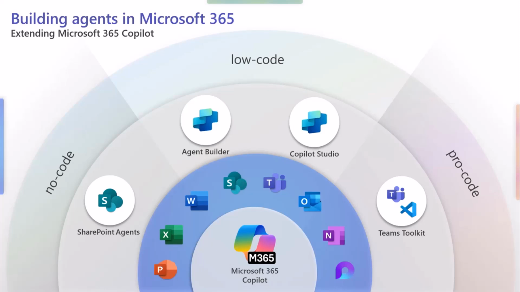SharePoint agents we have been covering in community calls. We'll talk about Copilot Studio and Agent Builder in community calls definitely more in the future. Today, we're going to use the pro-code option, and I'm going to explain why that matters and why you would do that as part of the demos, because again, the spectrum is broad. You can do all of these things in multiple different ways, but today let's talk about the pro-code option.